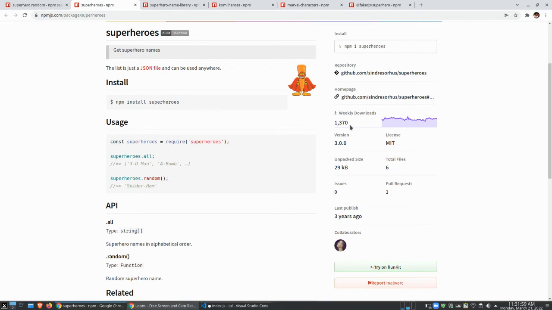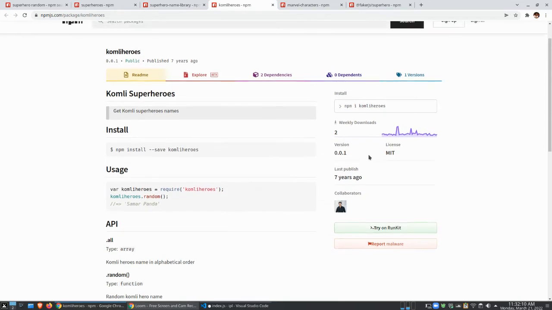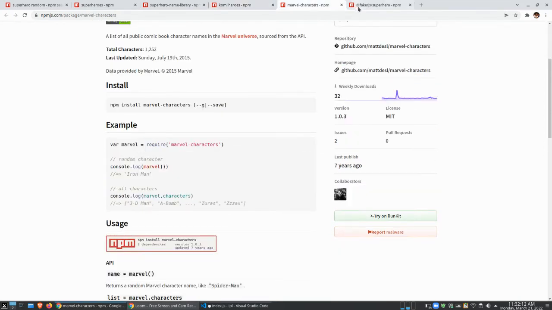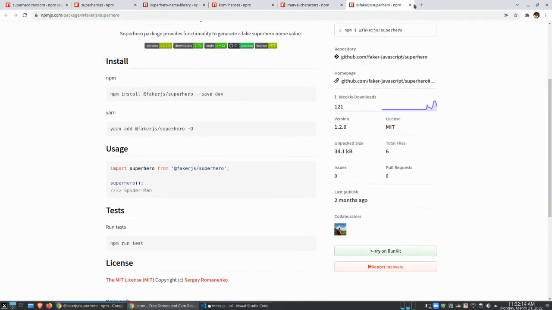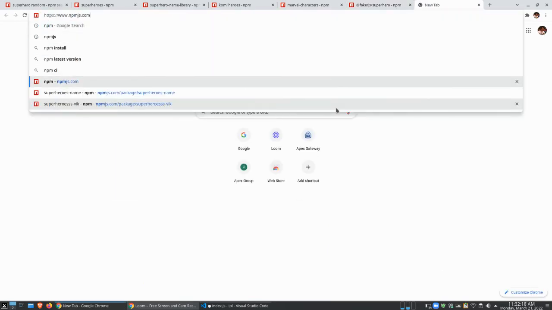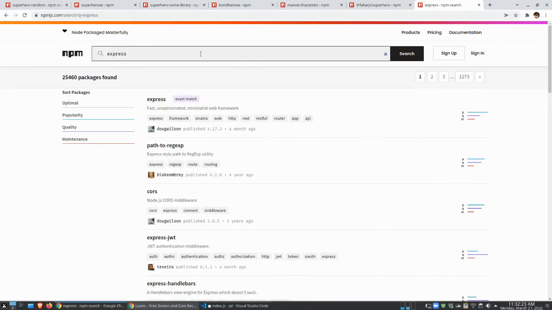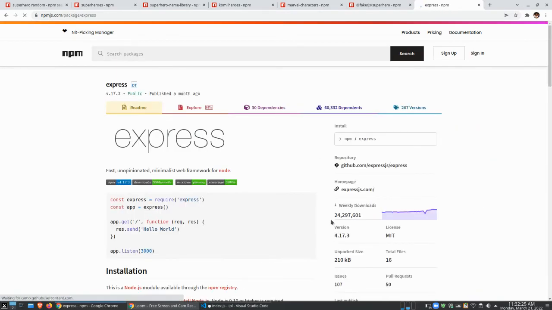Now, 1370 is not a lot of downloads for these packages, because if we compare all of them, this one says 22, this one has 2, this one's got 32, and this one's got 121. These are not a lot. The reason I'm mentioning it now is because when we go to npm.js and start working with the more popular packages such as Express, you will see it is so large that it automatically becomes something that we need to consider,